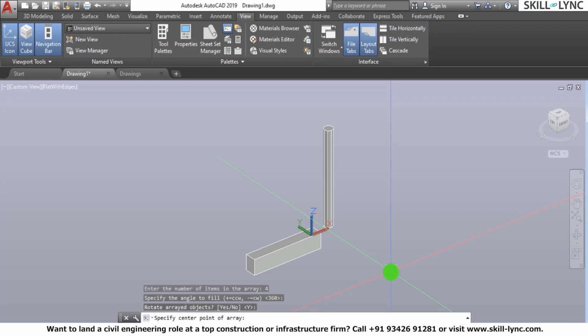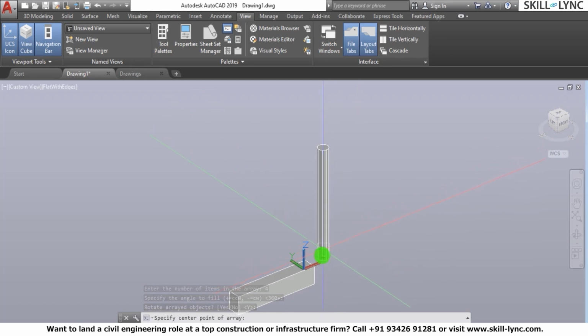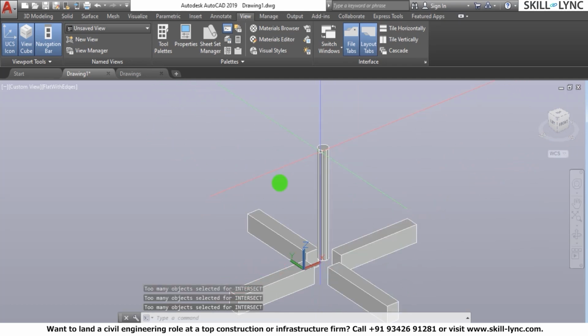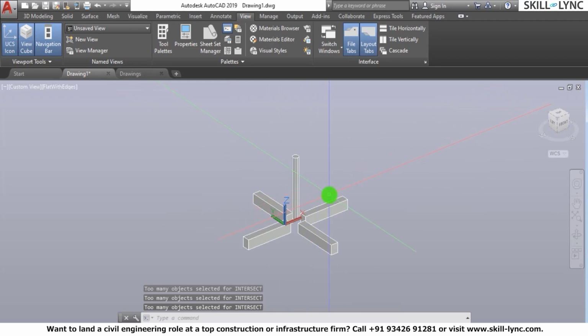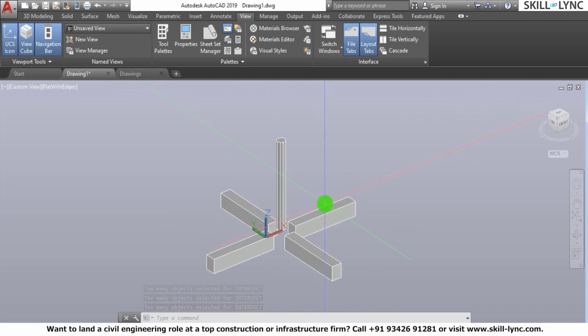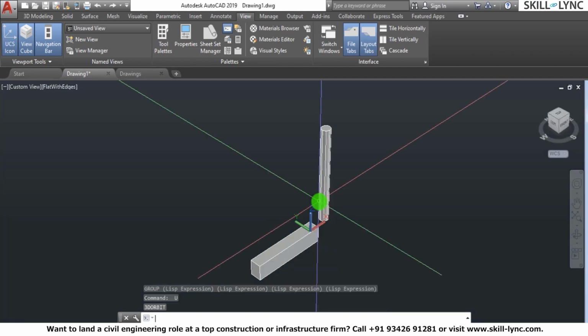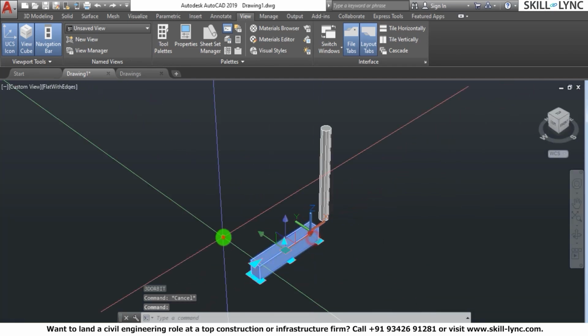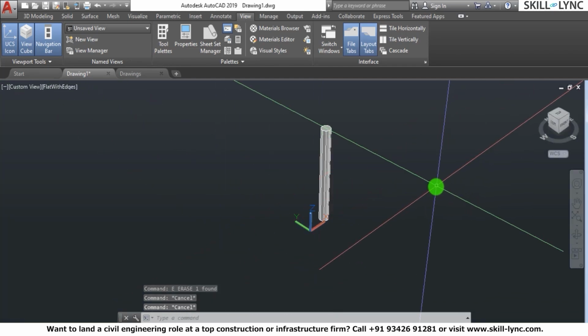Now here one thing that is seen is the axis of the array. Now the center point of the array would be this, and it asks for the second point. So now you can see that the object is arrayed on the axis. This one you can do with the normal array option that you have in the